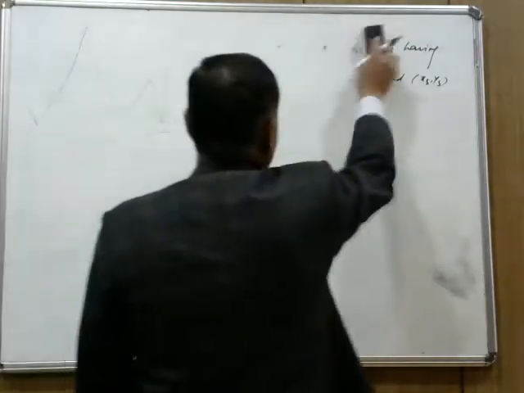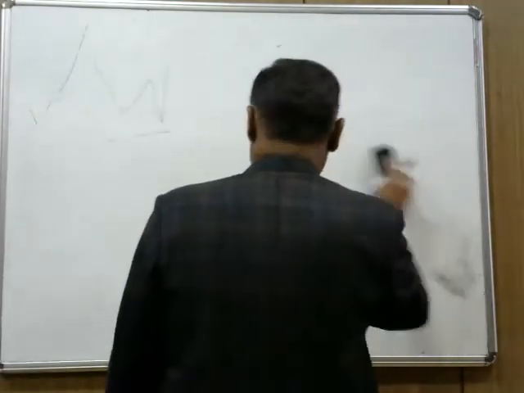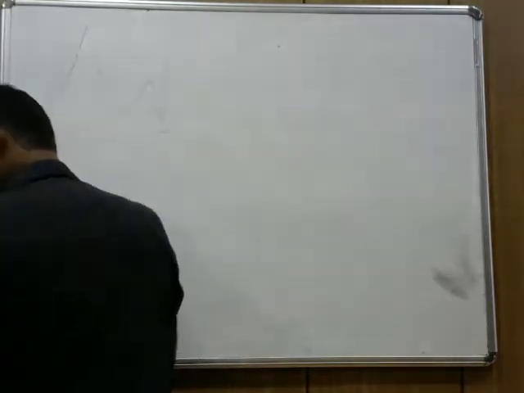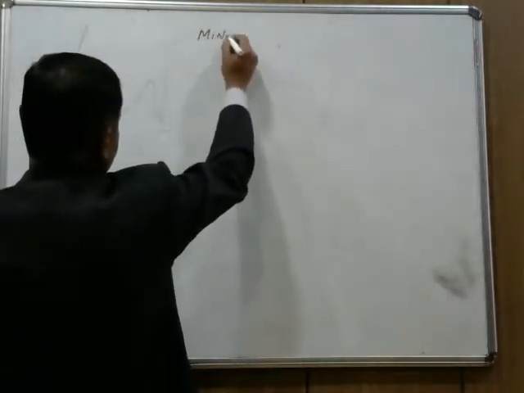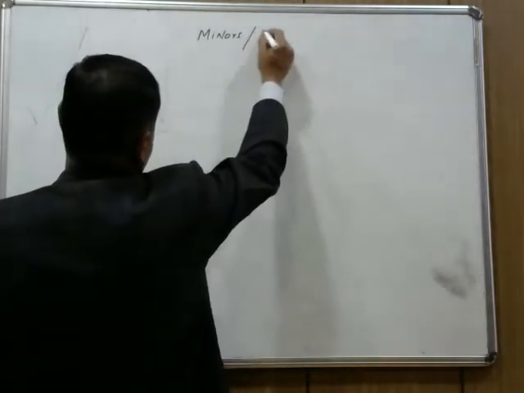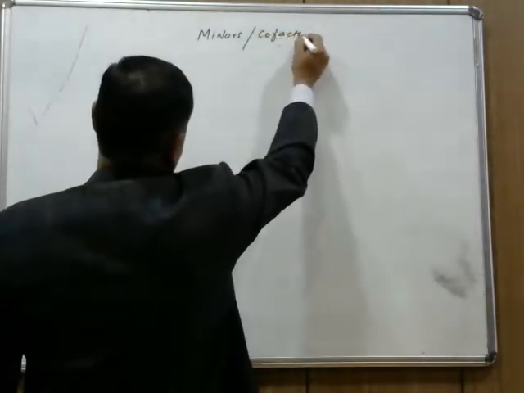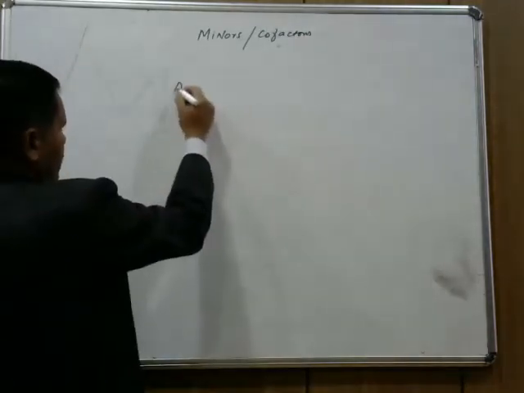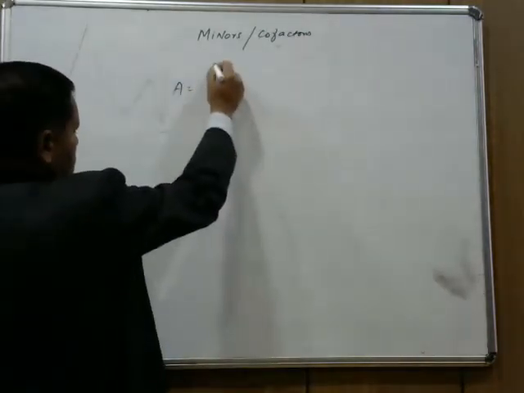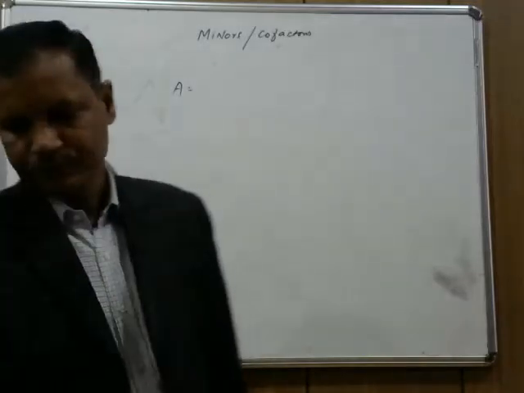Finding the minors and cofactors of any determinant. Suppose I write here minors, cofactors. Okay, for any matrix A,